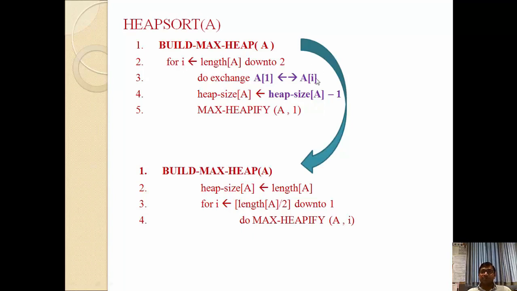So the largest element, A of 1, that is our root node, must swap with the last element. So swap between these two numbers, then remove it. Then we can reduce the size of the heap tree. Heap size of A is equal to heap size of A minus 1. Then we get a new heap size which is decremented by 1. Then again our max heap tree will be either unbalanced or balanced, but we need to verify again. We have to call our max heapify function, and we need to pass 1 as an argument. We need to start from the root node and we have to max heapify until we reach a leaf node.